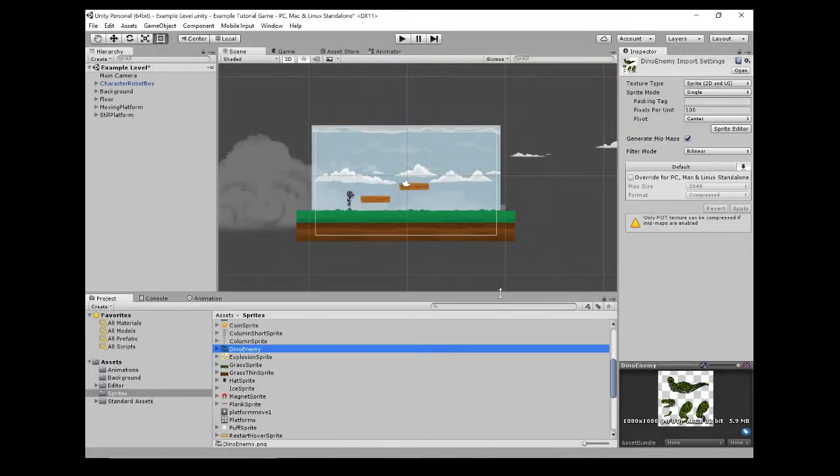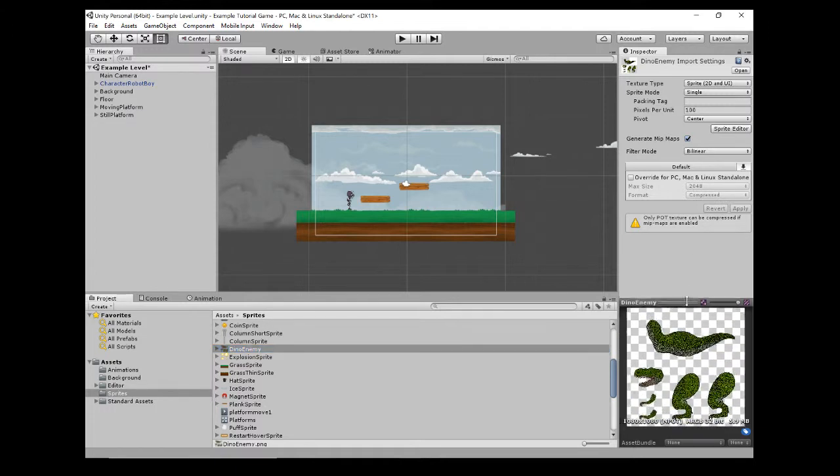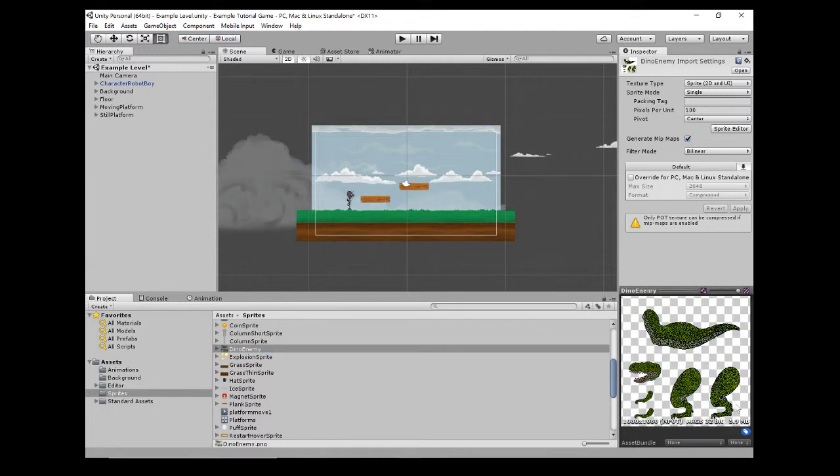Right folks, so let's have a look at Unity then. So we are now in Unity, and you can see in my sprites folder I've got my dino enemy here, and if I have a look over on the inspector and up here, you can see what it's looking like. So we've got our dinosaur here with the transparency and the different elements, and at the minute on the sprite